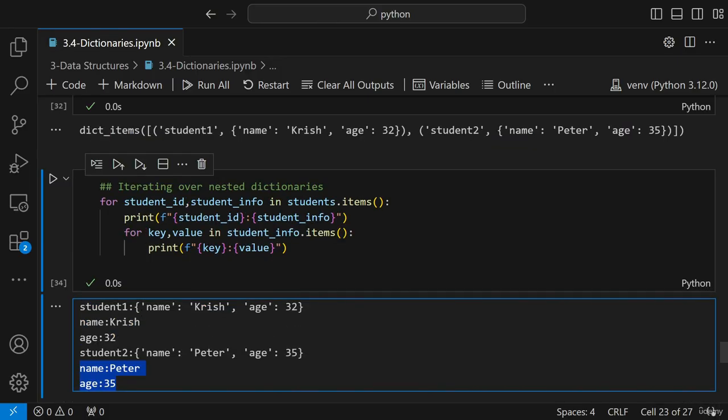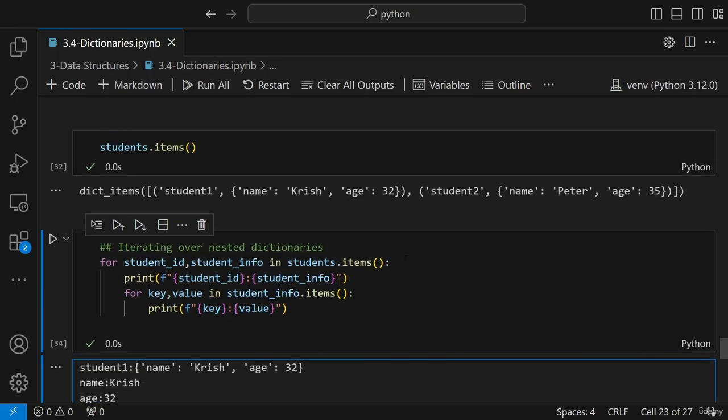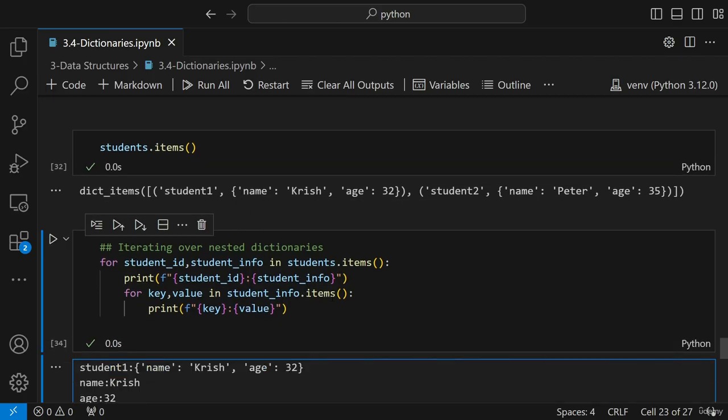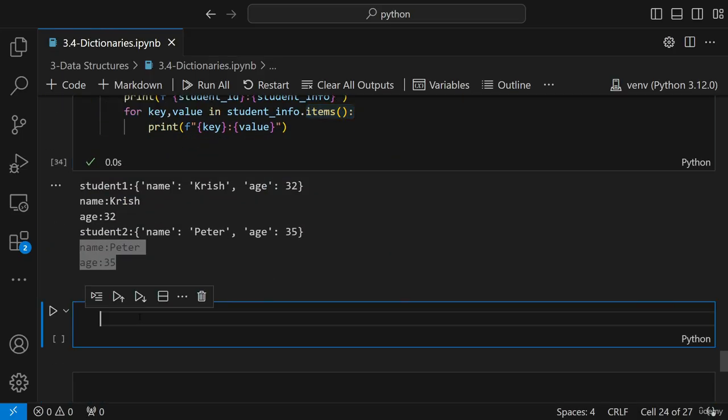So this is how you iterate over nested dictionaries, and you can play with different elements as you want. Okay. So again, any level of nesting, let it be, right? You can iterate through each and everything, and just by using dot items, you can get the key value pairs. Okay. Now let me just go ahead and talk about